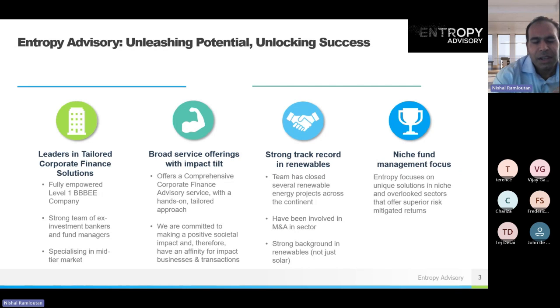And Entropy Advisory, I'd say there's 2 legs to it. There's the advisory portion, and hence the name Entropy Advisory. That's really the corporate finance advisory work that we do. If you look at the team, the senior members of the team are effectively ex-bankers that come out of different parts of investment banking. Sorry, I forgot to introduce Terence, but Terence is on the line, my colleague. He's spent a lot of his career at Nedbank. He was one of the execs there. Myself, I've moved around with a number of investment banks, Tier 1 investment banks, like Standard Bank, UBS. So there's a strong team of